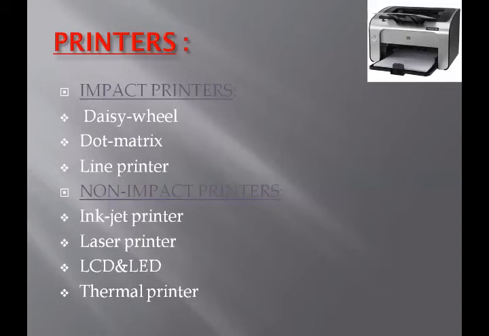Speed, measured in characters per second, CPS, or pages per minute, ppm. The speed of printers varies widely. If you do much printing, the speed of the printer becomes important. Daisy wheel printers tend to be the slowest, printing about 30 CPS. Line printers are the fastest, up to 3000 lines per minute.